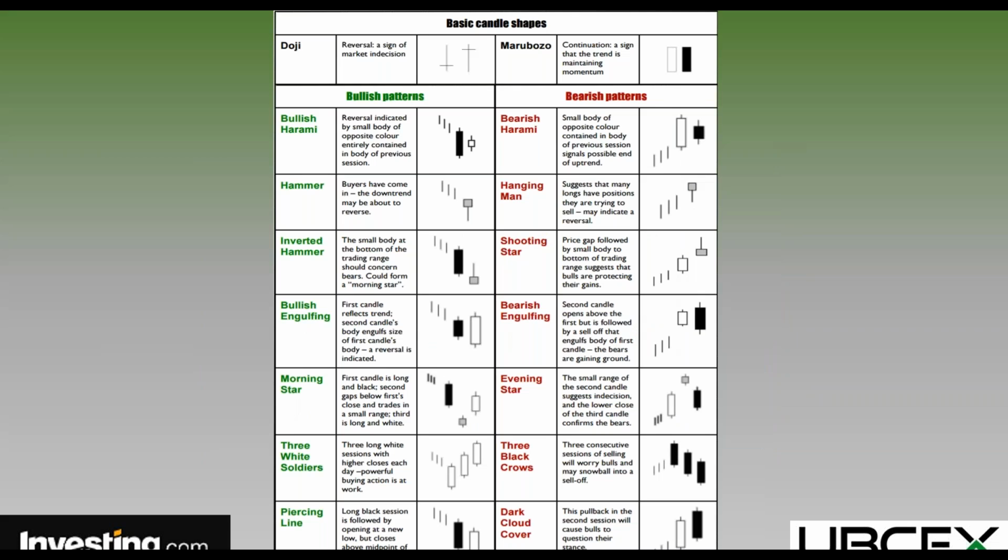Basically, for each bullish pattern, you have a bearish pattern. They can be called something, so like you have the hammer and the hanging man. They're just simply opposite of each other. You have the inverted hammer and the shooting star. You have bullish engulfing and bearish engulfing. You have morning star and evening star. So they're uptrends and downtrends. But you need to know what these are, and you have to learn to recognize them